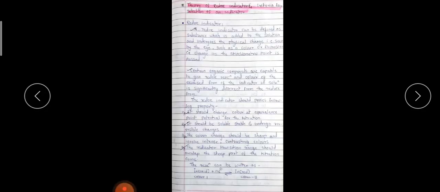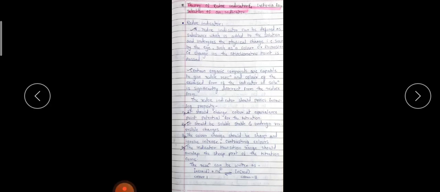Please go through this particular theory of indicators, redox indicators. Two redox indicators we can use: diphenylamine, and its salt has been taken, that we have to remember. And the ferroin indicator. The name of the ferroin indicator is iron(II) 1,10-phenanthroline. That name you have to remember because for MCQ purposes it is very important. Why is it called a redox indicator? They undergo simultaneous oxidation and reduction reactions. That's why they are called redox indicators.